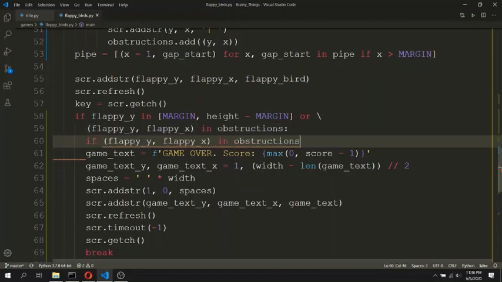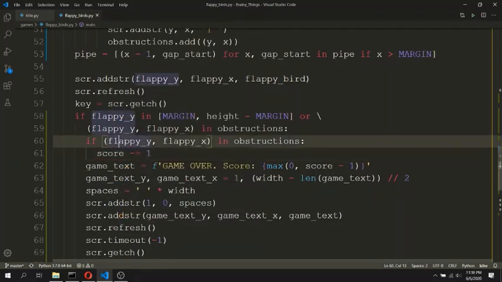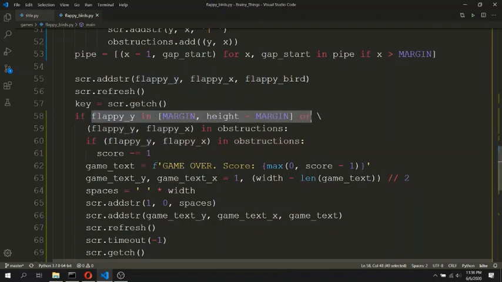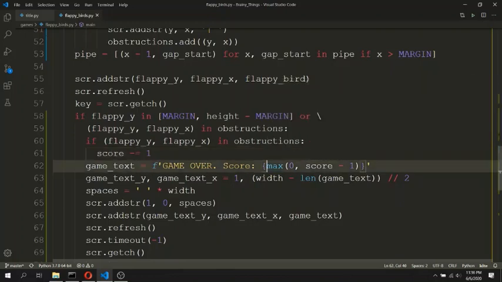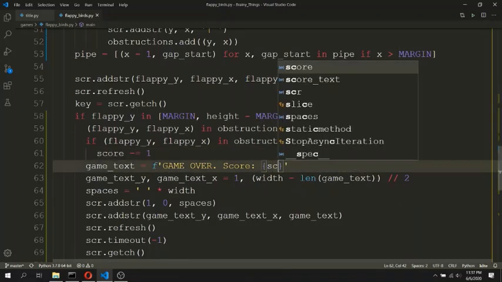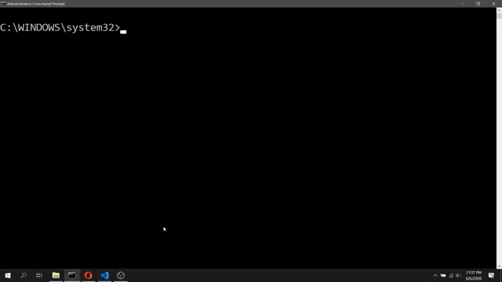If Flappy Y and Flappy X is in the obstruction, that is it collided with the pipe, then the score will decrement by 1. And if the reason was colliding with the game arena, the score will not change. Now we don't need this max function anymore, and we can simply print the score because we are decrementing the score over here.